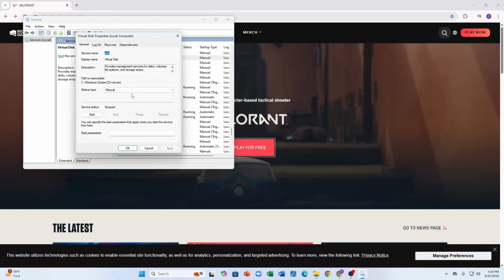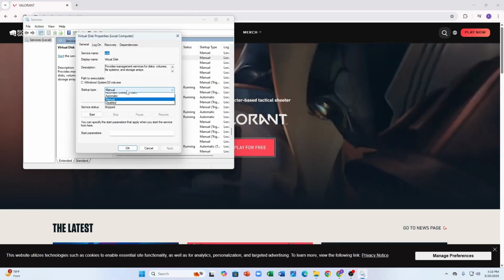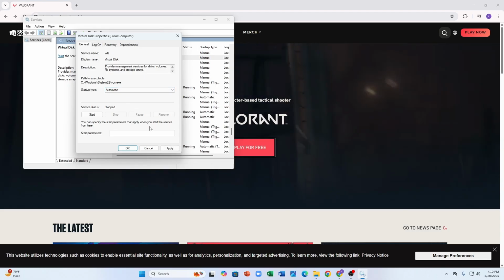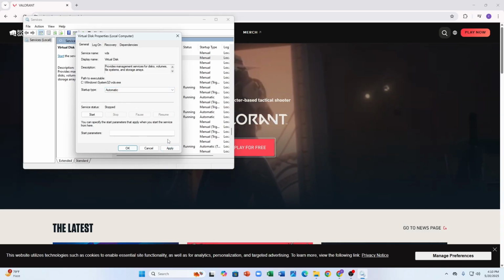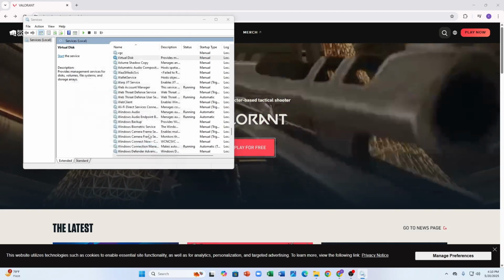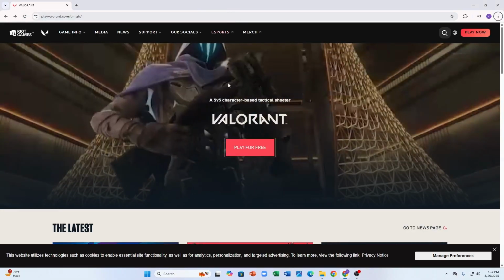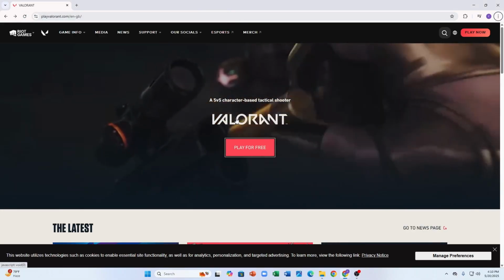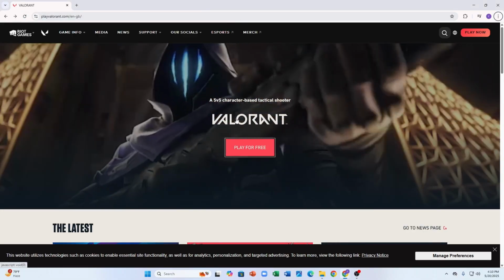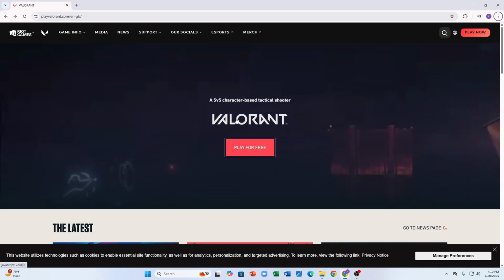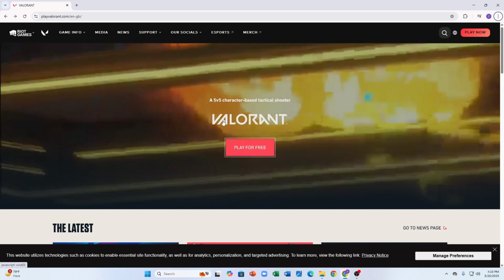and just select the startup type to Automatic, then apply and click OK, and then you should be good to go. Just relaunch the Valorant app by right-clicking it and choosing Run as administrator, and